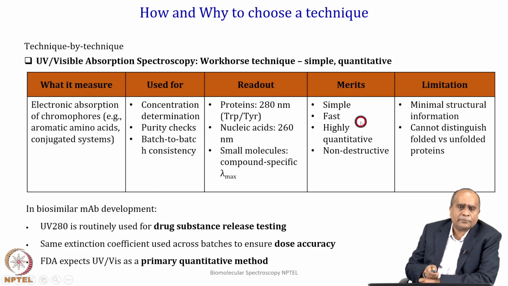The readout for protein is measured at 280, where absorption happens for tryptophan and tyrosine. For nucleic acid it is 260, where the bases absorb. For small molecules it can be a compound-specific lambda max. So, that is what the readouts are, and the merit is that it is a simple, cheaper technique, fast, highly